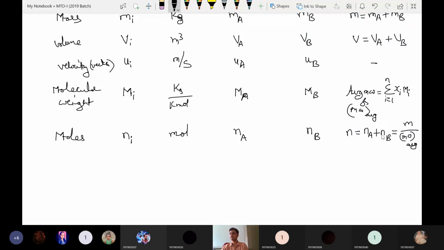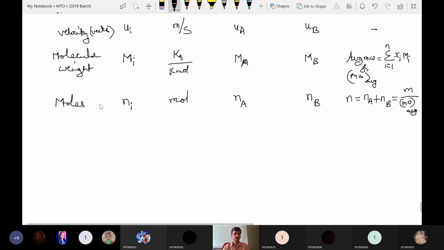Either of the cases you can use. You can find out individually, like this Na and Nb, then sum it up, or otherwise you can find out the total mixture mass divided by the average molecular weight of that particular mixture. We can do either of the ways. Then if there are moles, we can define